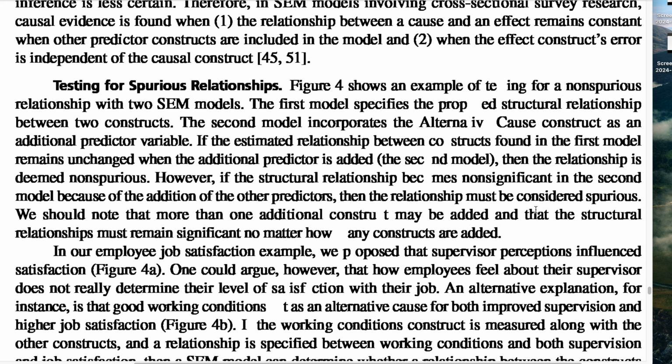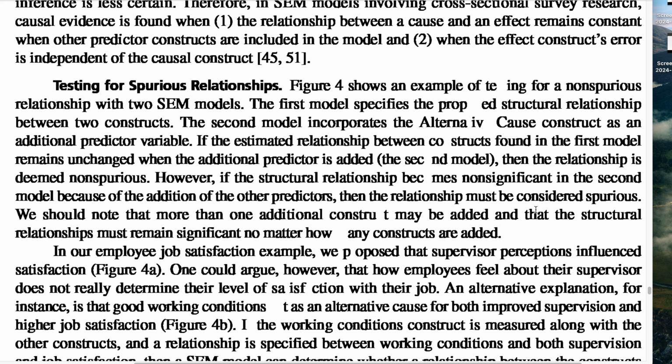Testing for non-spuriousness relationship. Figure 4 shows an example of testing for a non-spurious relationship with two structural equation models. The first model specifies the proposed structural relationship between the two constructs. The second model incorporates the alternative cause construct as an additional predictor variable. If the estimated relationship between the constructs found in the first model remains unchanged when the additional predictor is added to the second model, then the relationship